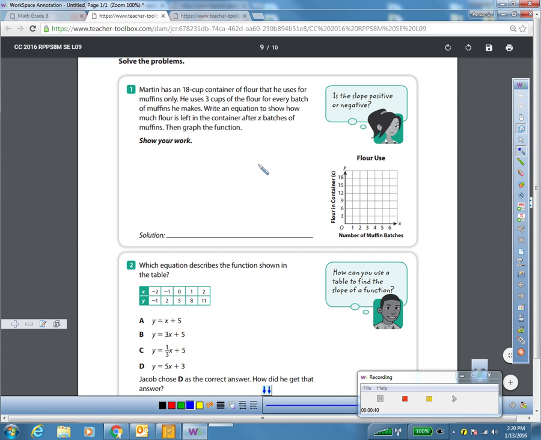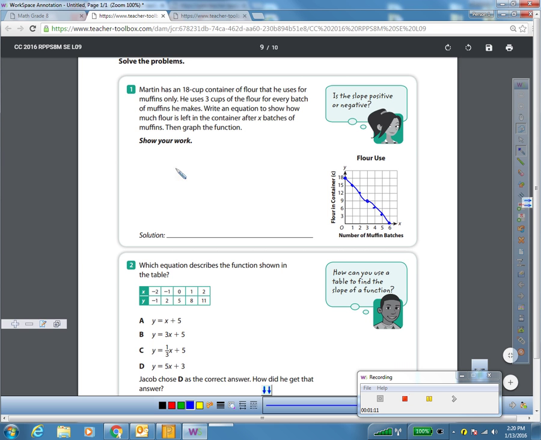All right, guys. So to start, you could go ahead and start with your graph if you want to, and it starts with 18 cups of flour in the container. Notice it's numbered by 3s. So for one batch of muffins, he's going to use 3 cups. So it goes down by 3 for every one batch. So we're going to continue to go down by 3 cups, or decrease by 3 cups, for every batch. And then you go ahead and draw a straight line